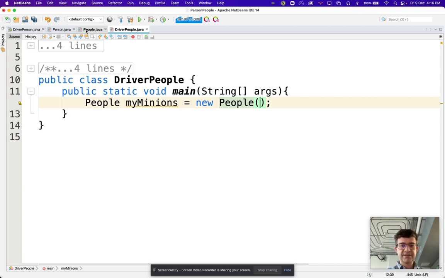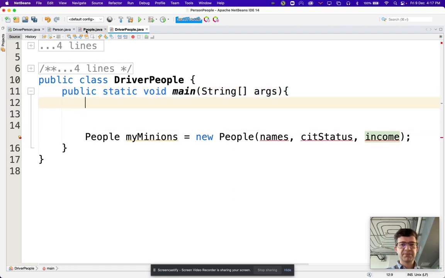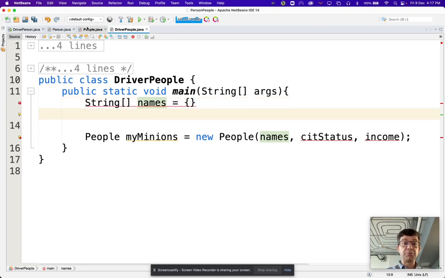So I'll need names. I'll need citizenship status. And I will need income. It means, of course, that I need those arrays here. So I'll create a new string array names that's going to hold my 2 people. I only have really 2 people, not many minions, but I have John and I have Peter,